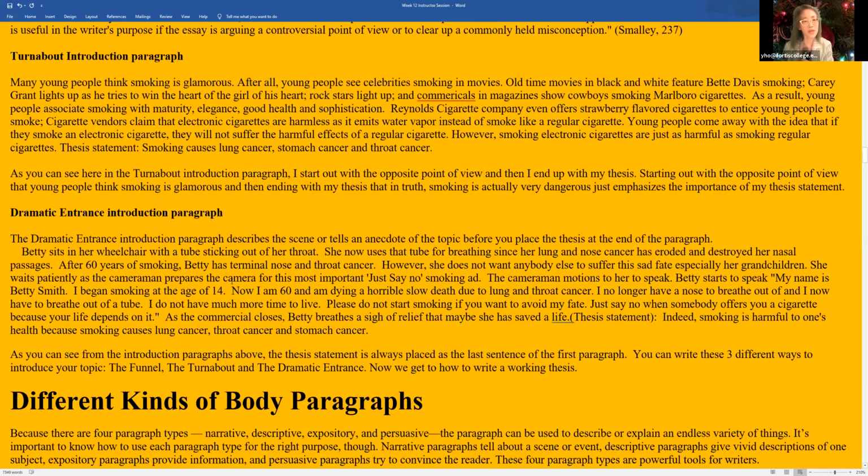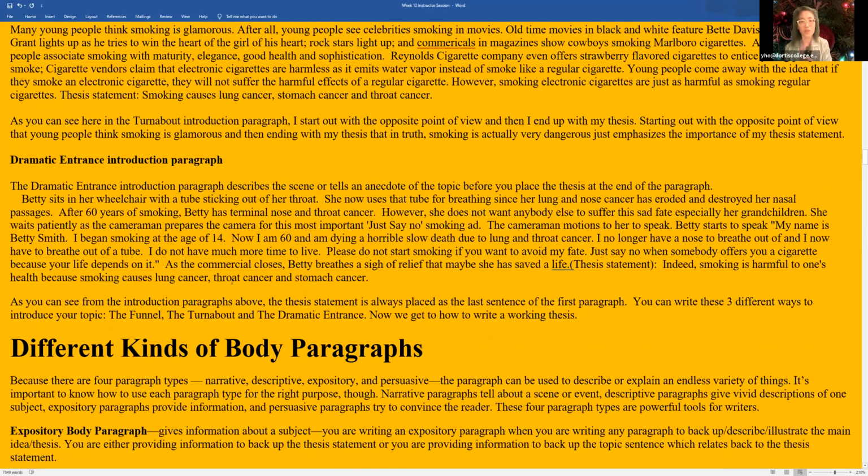And then the third kind of introduction paragraph is when you use a story. And if you're going to write about, say, COVID-19 is worse than the flu, then you would write about a COVID patient. And it's usually something very, very sad. And I've read a lot of nurses writing about this topic, and they actually use actual experiences from what they saw in their ward. That's known as a dramatic entrance.